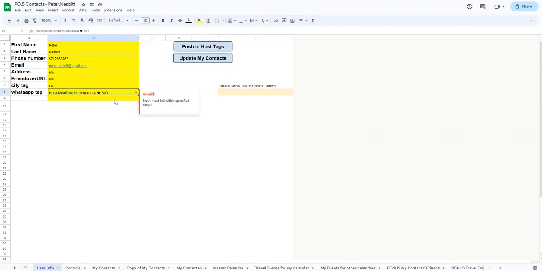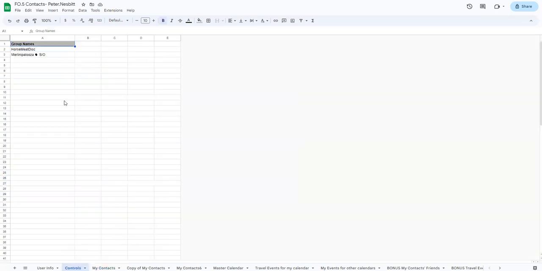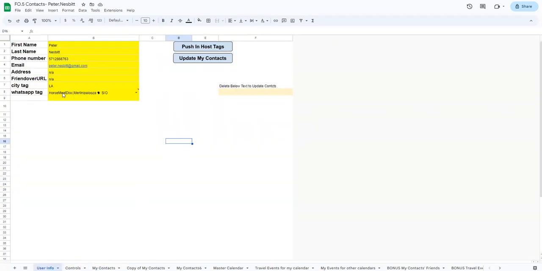So please do not make any changes in any cells other than the yellow cells. Once those are in here, anyone can click this button, update my contacts. And what will happen, you can see currently my contacts is empty, and as we have selected these two groups, anyone can click this button. But obviously when he runs this for the first time, it's going to ask